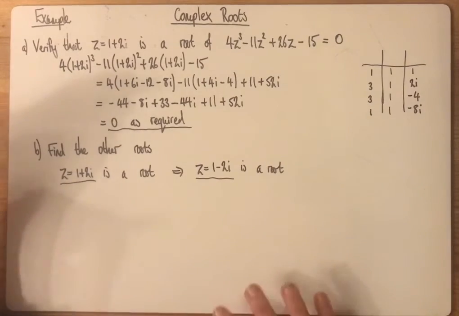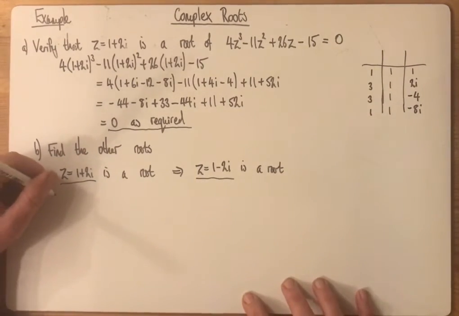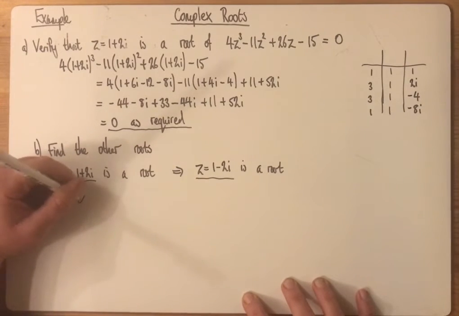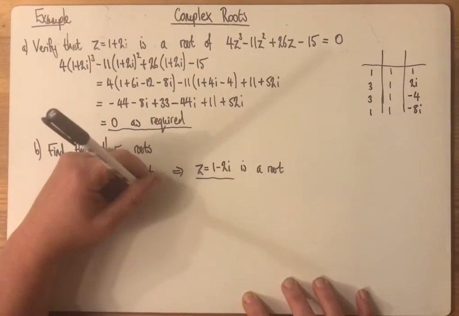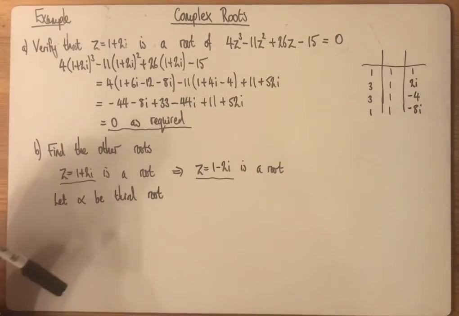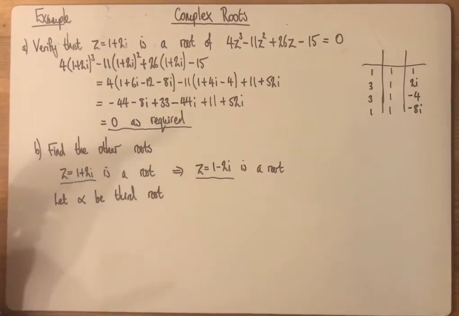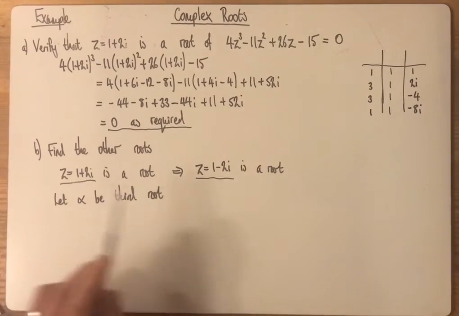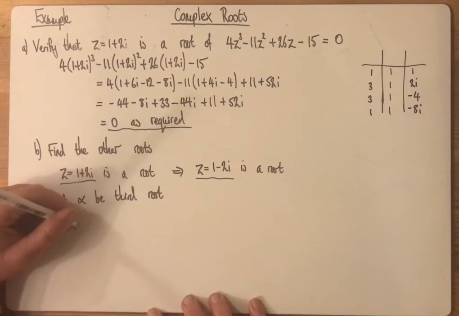And a cubic will have 3 complex roots. So if it's 2 complex, it will have 1 real root if you think about it. Let alpha be the third root. And then we can go into the work we've been doing on sums of roots and sums of the product of the pairs, sums of the product of the triples, etc. So I think the easiest thing to do would be to add these together. So the sum of all the roots